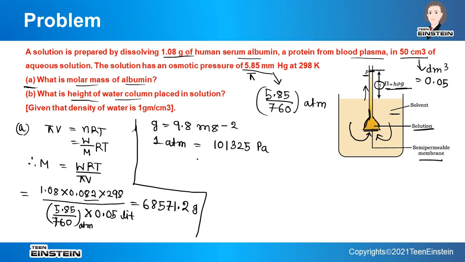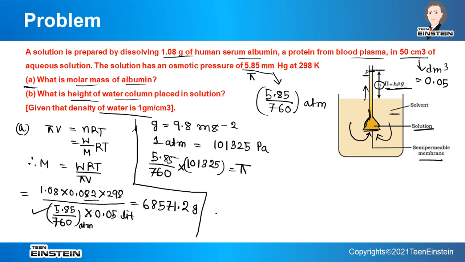So if this is equal to Pascal, that means what we will do, this 5.85, this is the pressure, right? So with it we will multiply 5.85 divided by 760 multiplied by 101325. Okay, so now this is the pressure, that is pi, and here density is given, that is for water